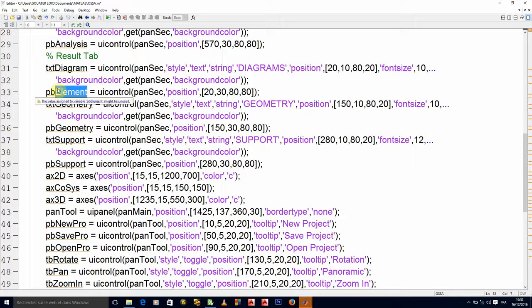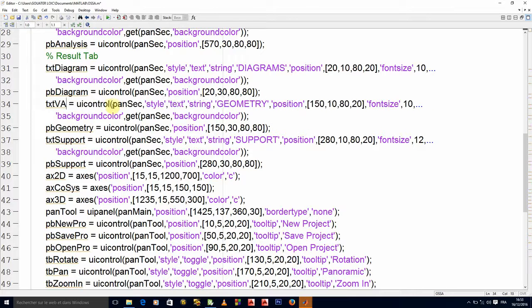So here I will have diagram also. Okay. Here I will have values. Let me just put values, okay. I don't want it to be too long. Oh, I'm going to confuse the string and the values.